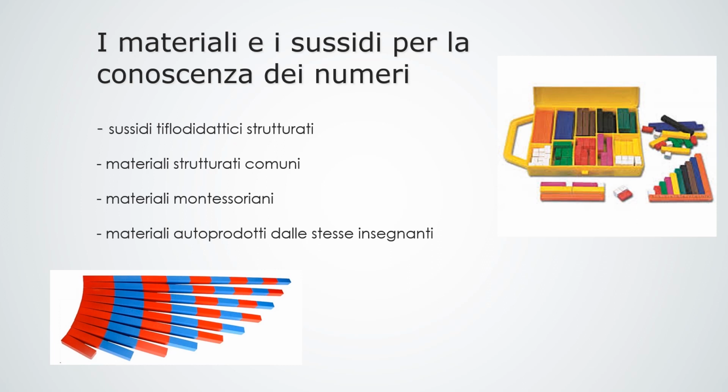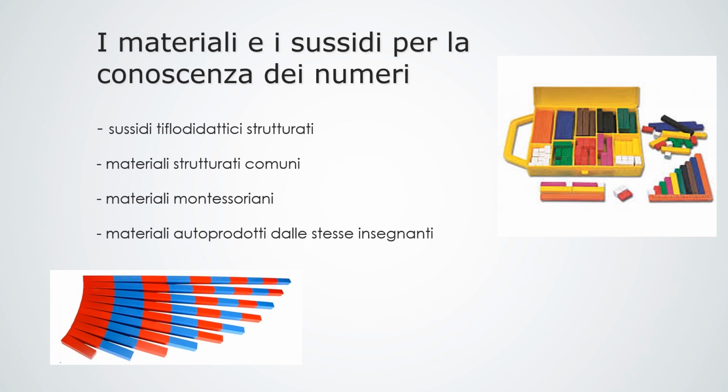For the knowledge of numbers first up to 10, then up to 20, then up to 100, and so on, with a visually impaired pupil it is possible to use structured typhlodidactic aids, or common structured materials, Montessori materials, or materials self-produced by the teachers themselves, etc. One type of material does not exclude the other. On the contrary, pedagogical research argues loud and clear that it is important to offer different material representations of one and the same concept,